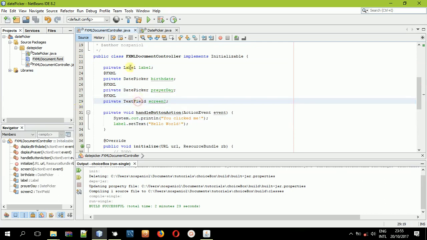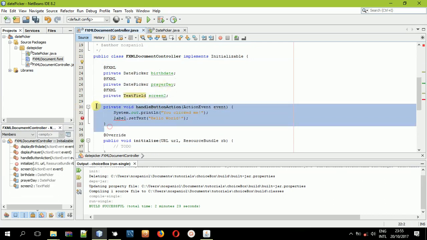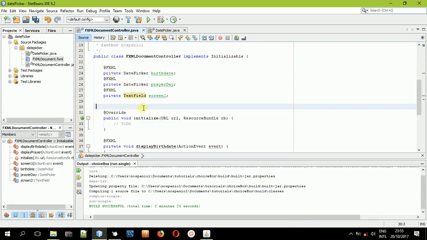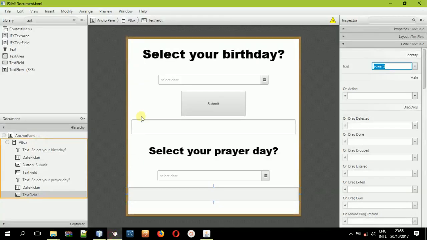And you can see now our label here, it no longer exists. It doesn't have that FXML annotation again because we deleted it from the FXML file, so it is actually irrelevant. And then let us come back now, because now we have an error at FXML screen 1. This first text should be given an ID, not an action event. So we'll just give this an ID,